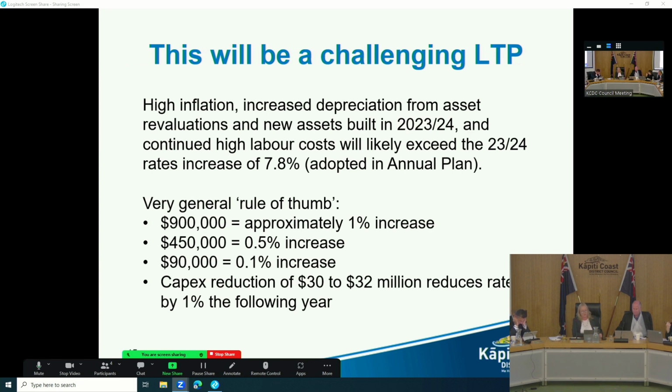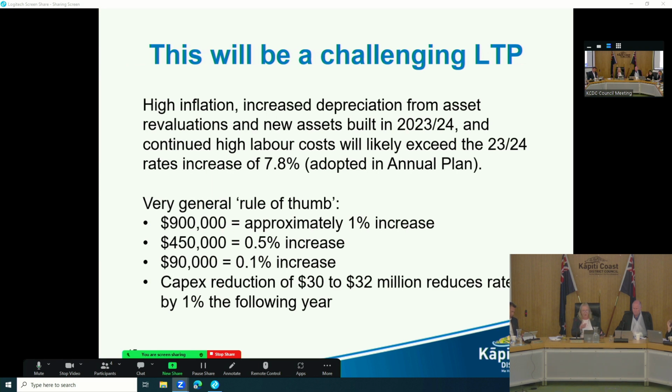Really high labour costs. With just those adjustments made, it's highly likely that we'll have already exceeded the 7.8% rate increase that we agreed in the annual plan. That's an issue because it doesn't leave us with any headroom to do anything else. So that's why it's going to be challenging. We're going to have to make some hard calls, I think. I've just put a little general rule of thumb up there to help you put some context around